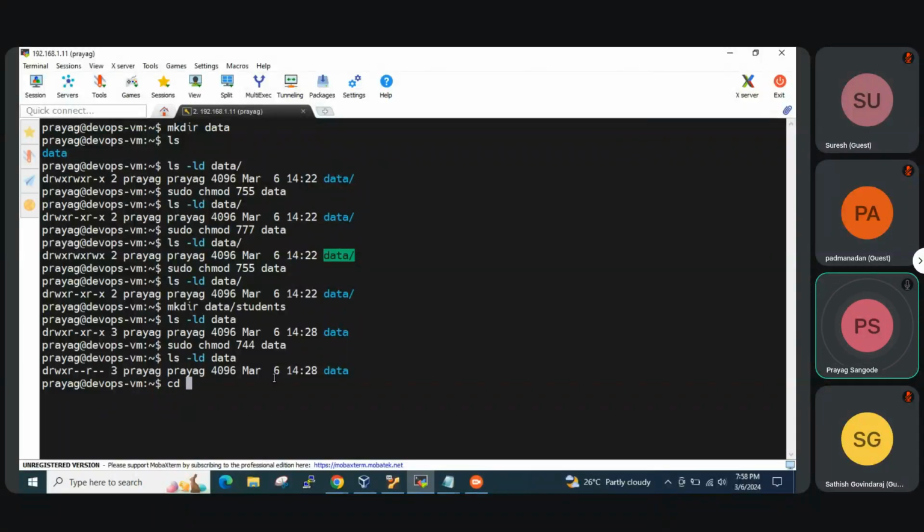Let's go inside data and change the permission of a subdirectory. Inside it we created the students directory. For students it is the default one, that is 775. In case we want that even students should have the same permission as its parent directory, that is data, we'll have to use some other option, and that would be